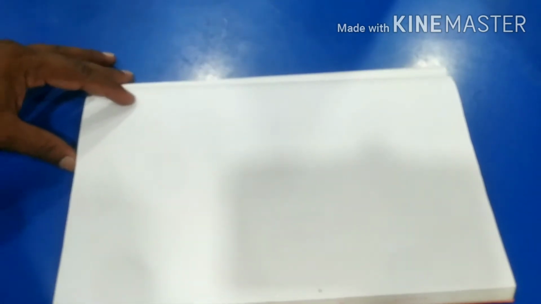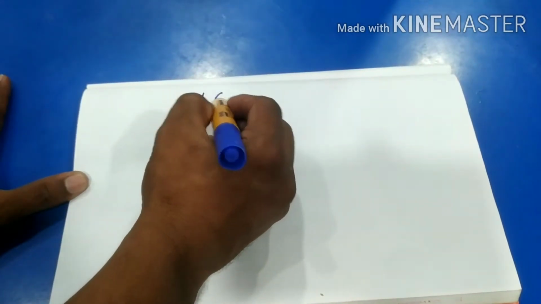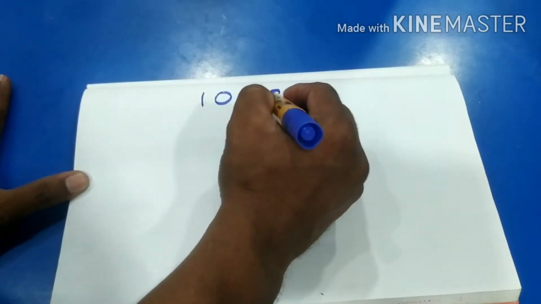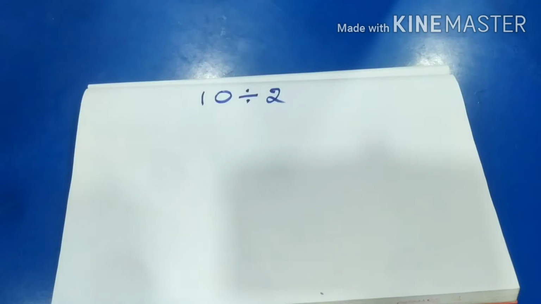We are going to start division of integers. We will learn what division is. Division is a repetition of subtraction, repeated subtraction from the whole parts. For example, we have 10 whole parts and we need to divide them into two parts.